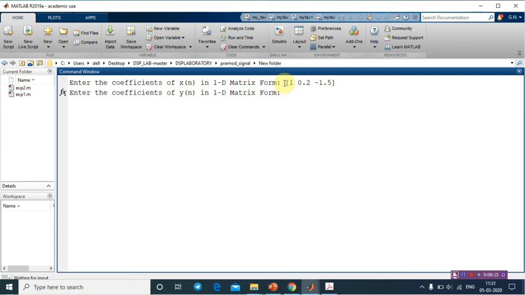Now it's asking me the coefficients of the second matrix, that is y of n. I will give it as 1 space 3 space minus 0.12. This is the value which was a coefficient, and after this it will ask me to enter the number of samples. I will say the number of samples which I am